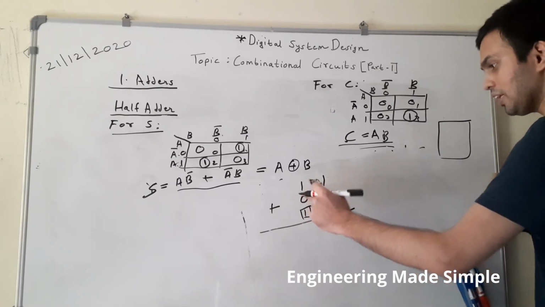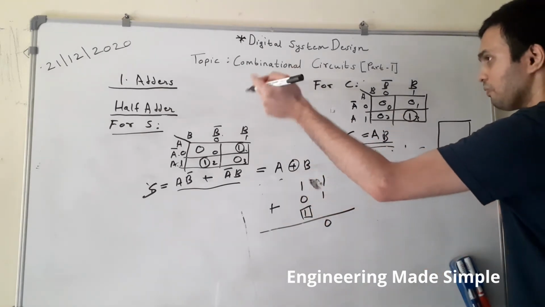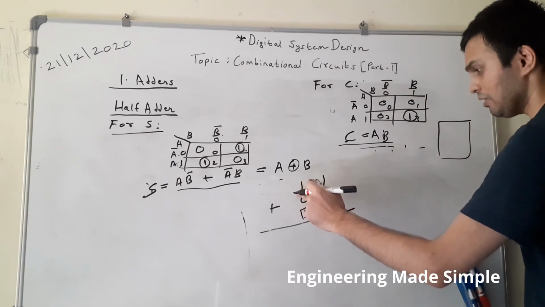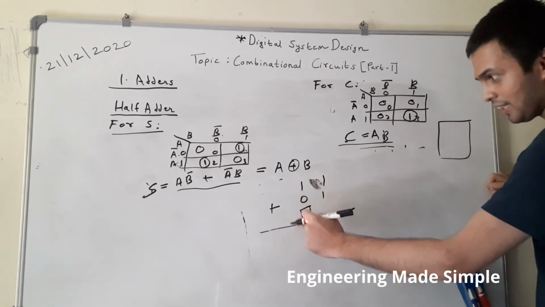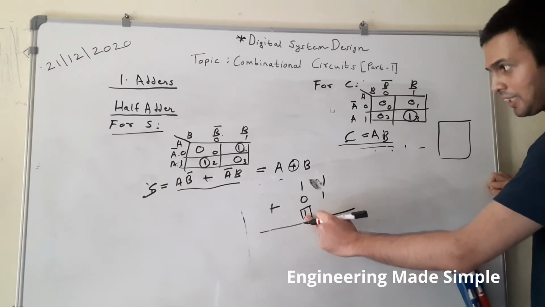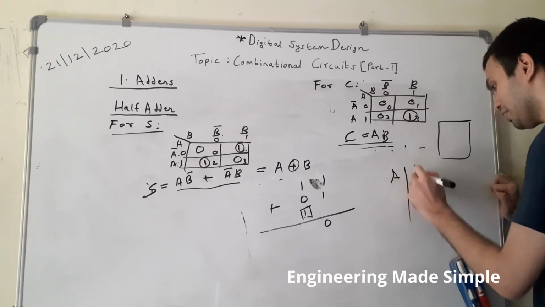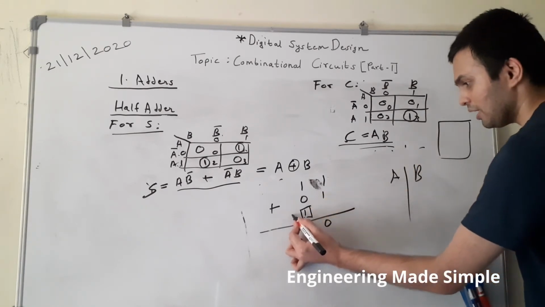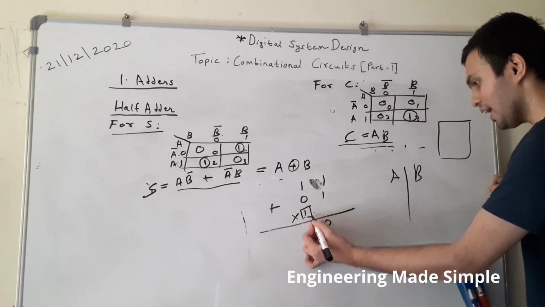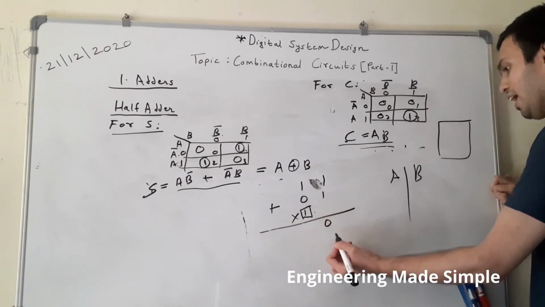Now for the next addition, if you want to do it using the same circuit, that is the half adder circuit which we discussed, here a 3-bit addition will be there. So 1 plus 0 plus 1. That is not possible using this circuit, because from the truth table it is clear that it is used to add 2 single bits only. So it will not take into account this particular carry bit, and you will get an incorrect output, or the circuit cannot be implemented using a half adder.